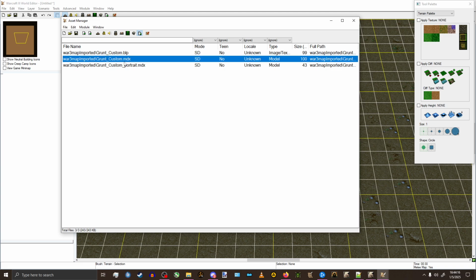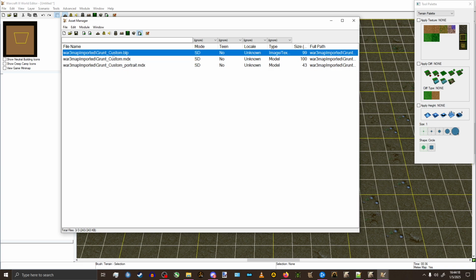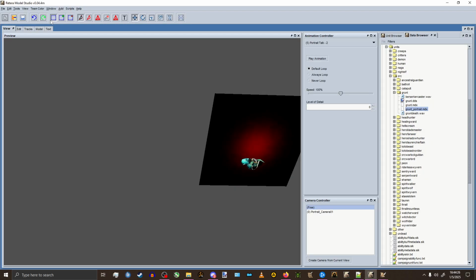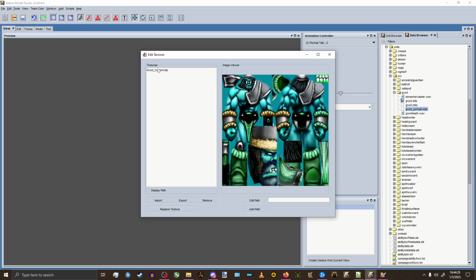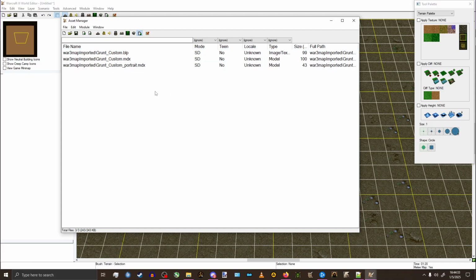So we've got that MDX, portrait MDX, and the BLP. Now, of course, this BLP is War3map imported / Grunt custom BLP. And in here, it's expecting just Grunt custom BLP. So we're going to modify this file path, and we're also going to modify the MDX so that they're all just